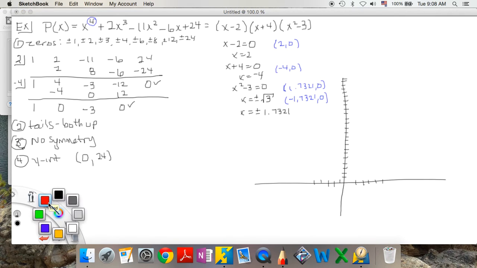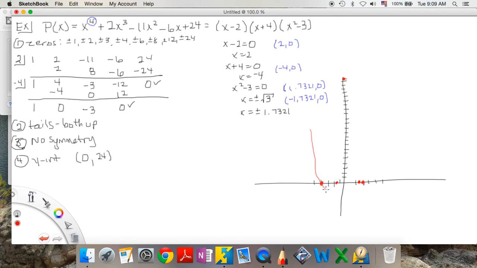all right, so let's plot these points. 2, 0, -4, 0, 1.730, so that's really close right there, and -1.730, and then 0, 24, and we know both tails are going to be up, so we're going to start up